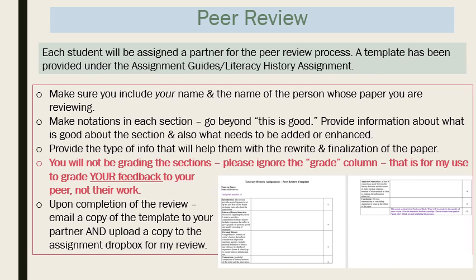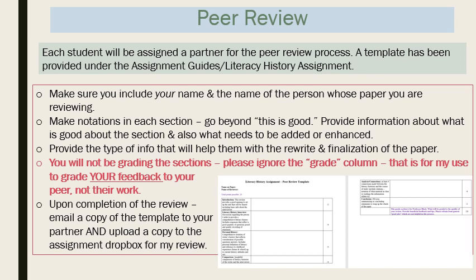What you can say is, oh, I really liked the connection you made between your person that you interviewed and the section on boys literacy. But I noticed that you only have 2 of these and you actually need 3. You might consider a connection with regard to XYZ, whatever you've noticed within the paper. So you're providing them more than just a pat on the back or a slap in the face. You're actually providing them some information that they can use. So make sure that you keep that in mind.